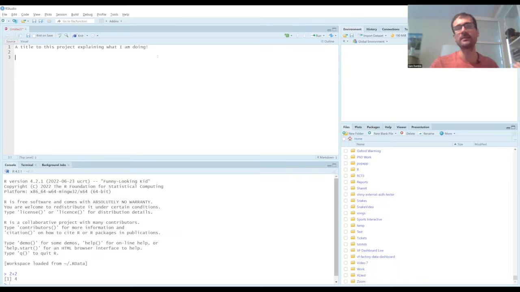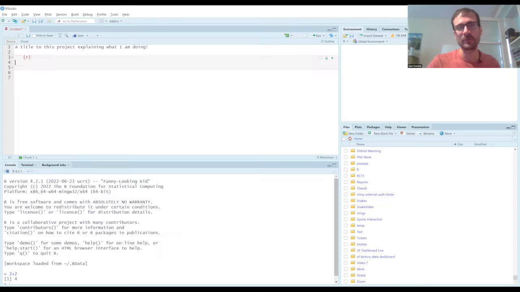And within this document, I can combine notes and explanations as well as code. So if I want to bring in some R code, I need to add in what's called a chunk. And over here, this C with a plus, this introduces a chunk of code. I'm only going to work in R today, but you can see that you can bring in a number of different programming languages to the same file, which is quite a nice little feature that RStudio has.